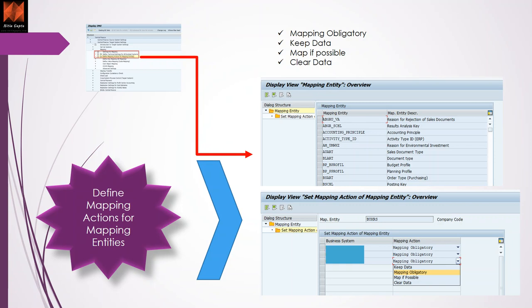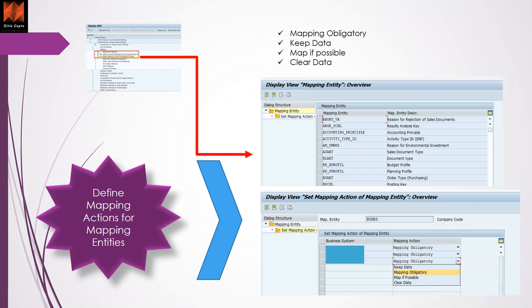For example, for a payment term coming in like net 30, you say I want to clear my payment term while the document is posted in the CFIN system, because in CFIN I am deriving payment term through different logic. So you can say payment term clear data. The moment the payment term comes, the system will clear the field, and it will be posted with a blank payment term in CFIN. And of course, based on your CFIN logic, if you are rederiving it, it will rederive.